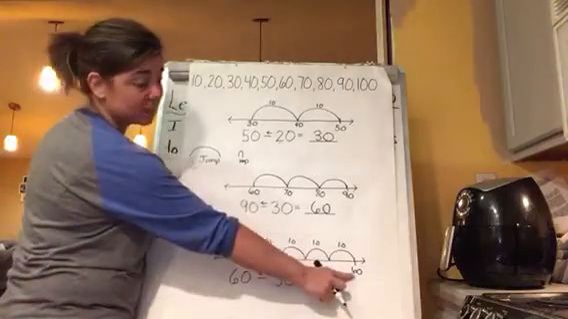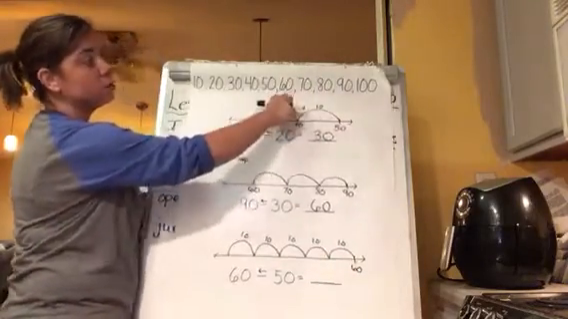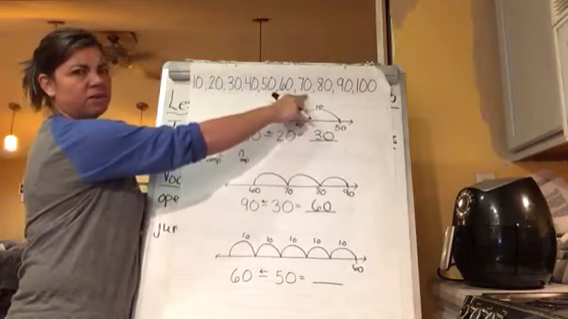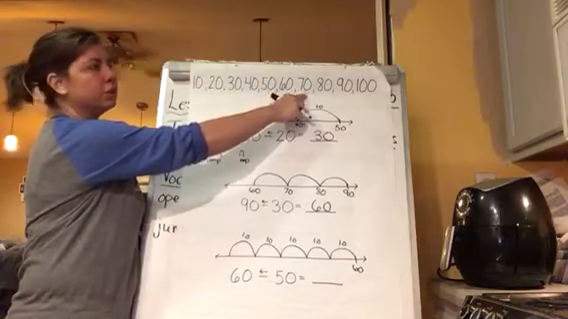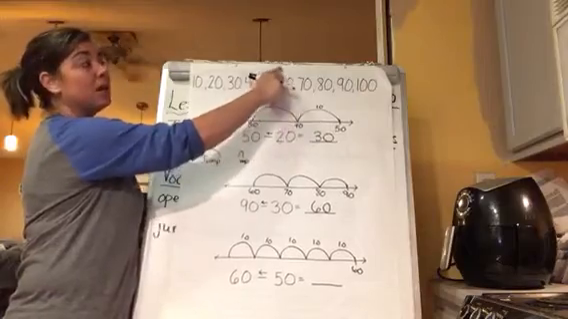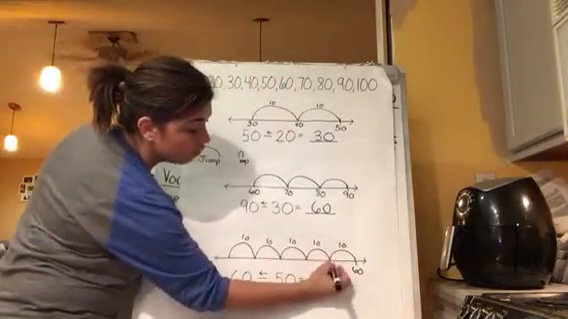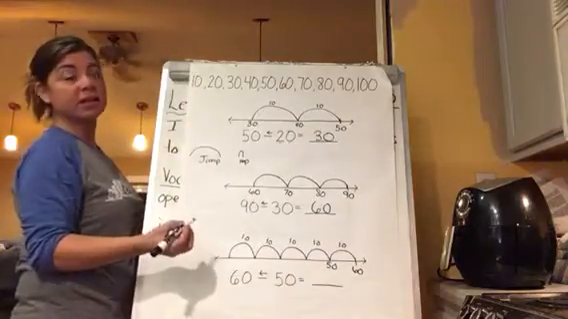So, if we started with 60, and we count back 10. Where did we land? 70? No, wrong direction. If we start at 60, we count back 10. We land on 50. Very nice. And then